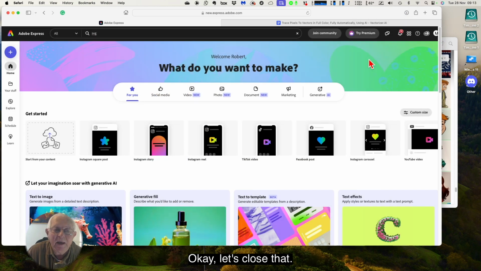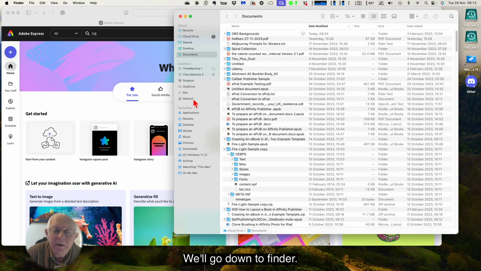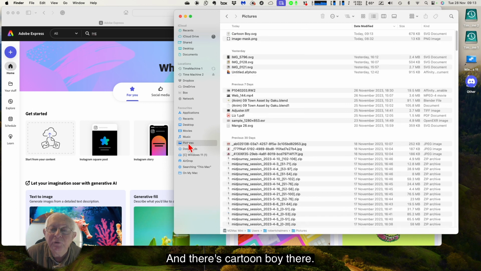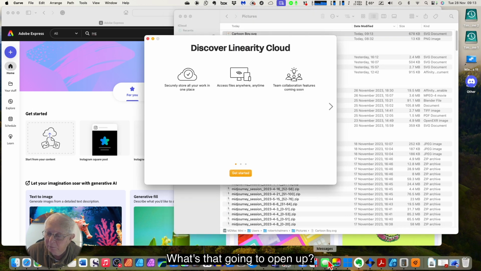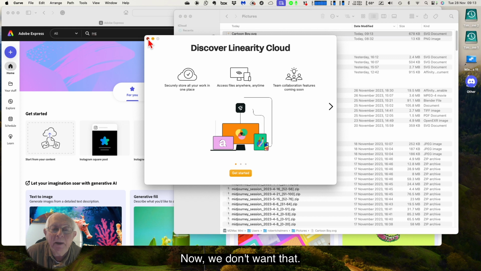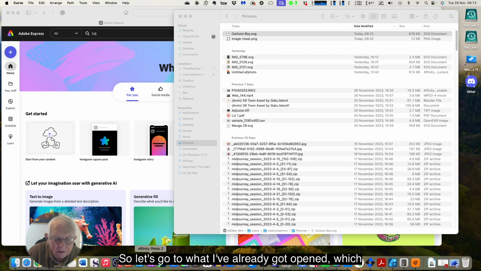Okay, let's close that. We'll go down to Finder. We'll go to Pictures. And there's Cartoon Boy there. Let's have a look at Cartoon Boy. Oh, of course, I double-clicked on that. What's that going to open up? No, we don't want that. That's set to some sort of crazy default. So let's go to